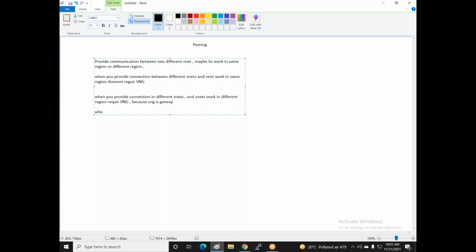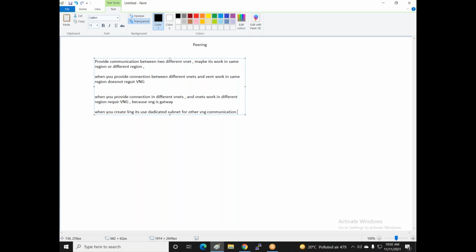when you create a VNG, it uses a dedicated subnet for VNG communication. So when you create a VNG, it needs one dedicated subnet.